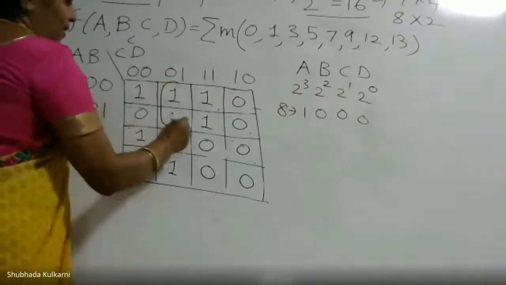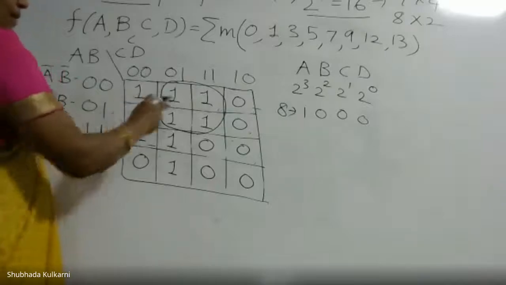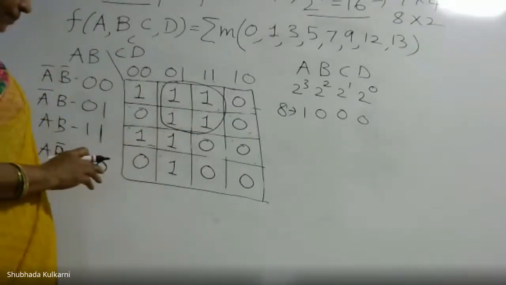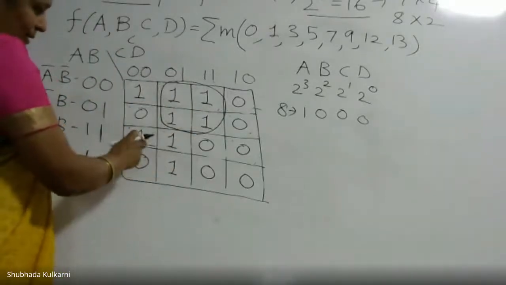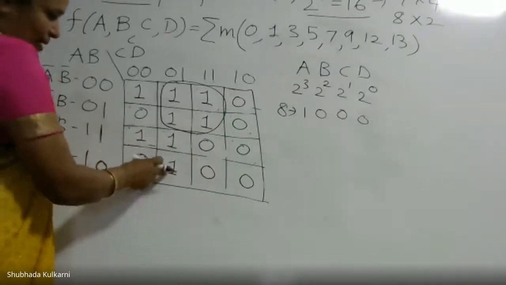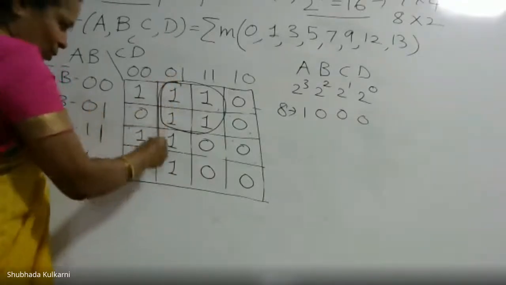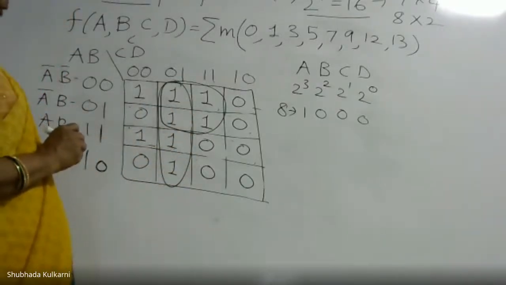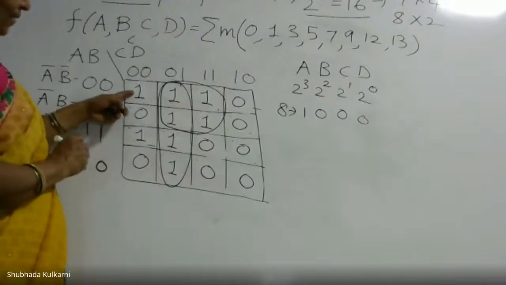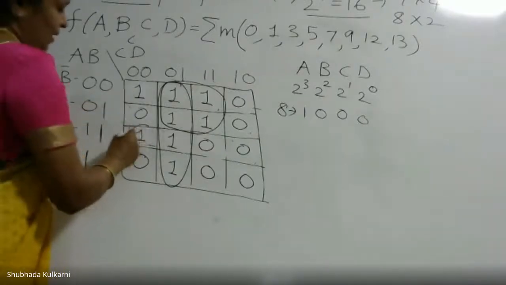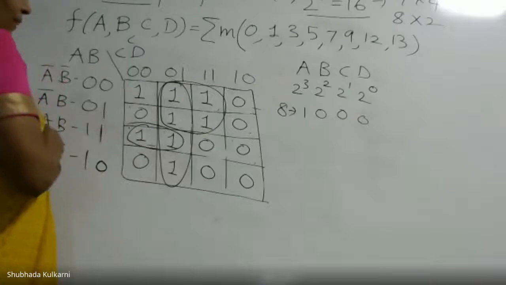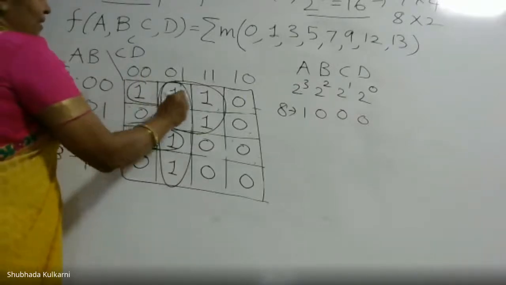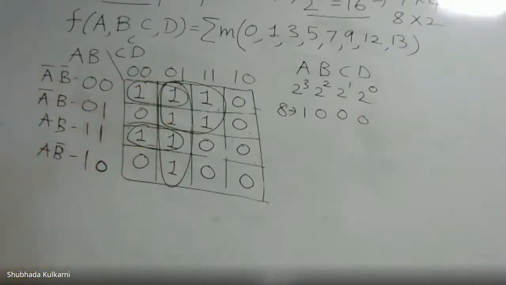One may think of circling this, thinking that these 4 ones form a quad. Now these 2 ones, this one, but here is 0. But these 2 ones can share this, and this is one more vertical quad. Now have we covered all ones? No. Still this one is remaining, this one is remaining. So this one can join this one to form a pair, and this one can share to form a pair. So ultimately, we have 2 quads and 2 pairs.